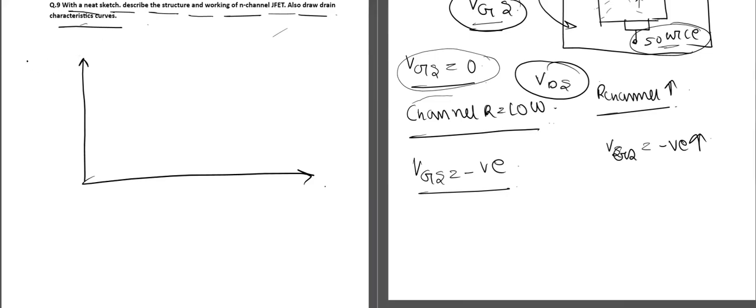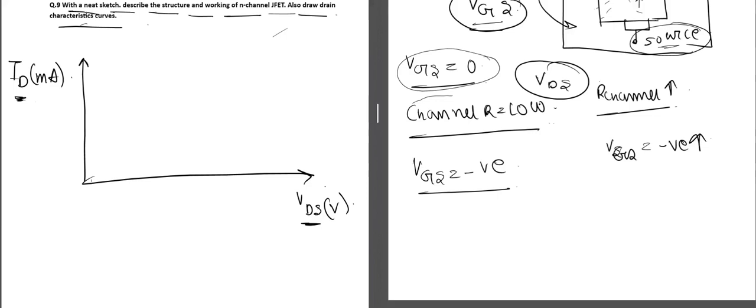On the y-axis, we will be getting the drain current, which will be in the range of milliamperes. And along the x-axis, we will be getting the drain to source voltage. This is the drain to source voltage which we are applying, and this is the drain current. So at first, when the value of VGS is equal to 0,